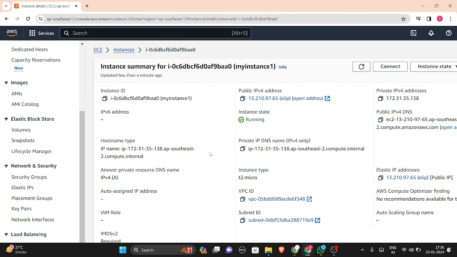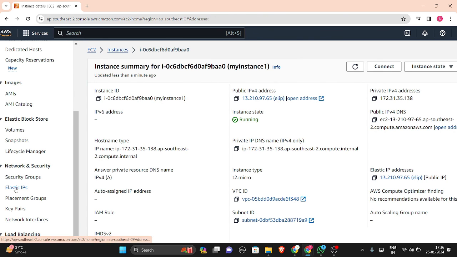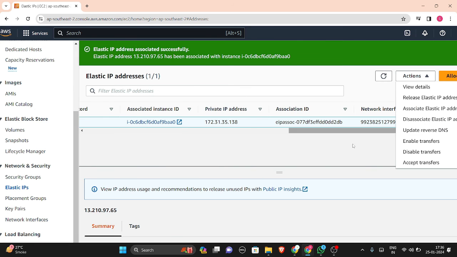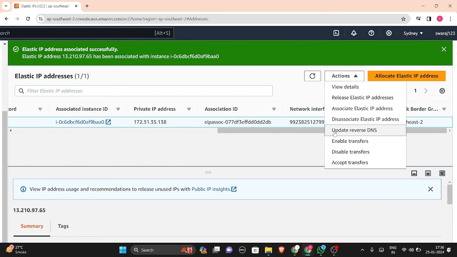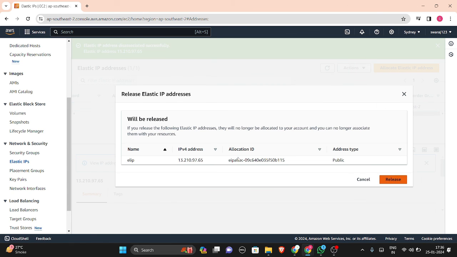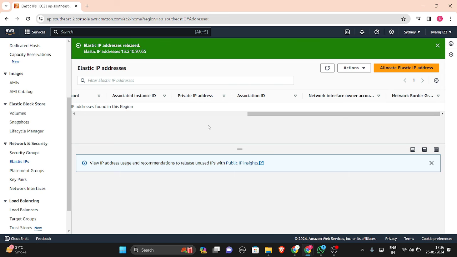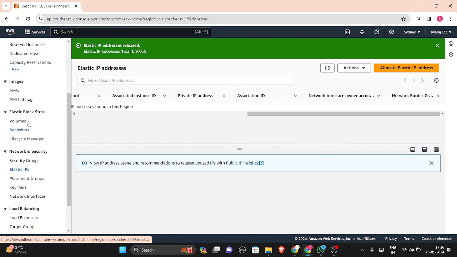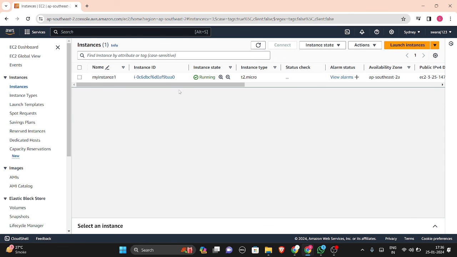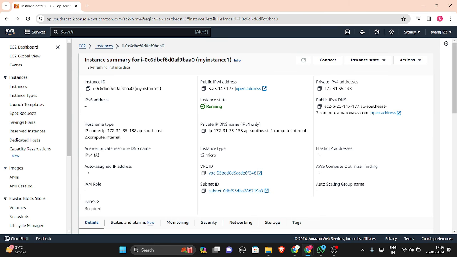Now to prevent extra charges, you can disassociate your elastic IP and then release that IP to prevent the extra charges that will be billed to you by AWS. So just disassociate this elastic IP address now, because if it is not connected with a server, then AWS will charge you for the elastic IP address service. So I have just released it, and now you can see my instance will have a default IP address that is given by AWS. Look, this is the IP address.